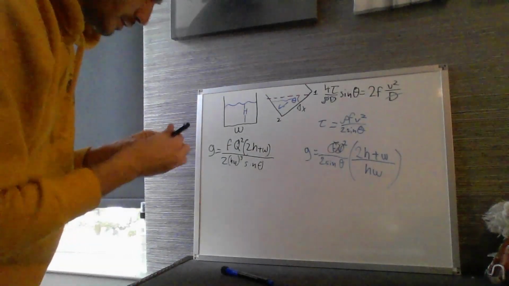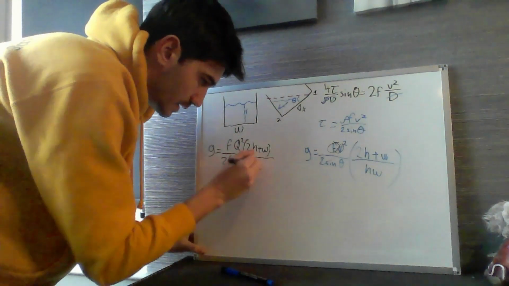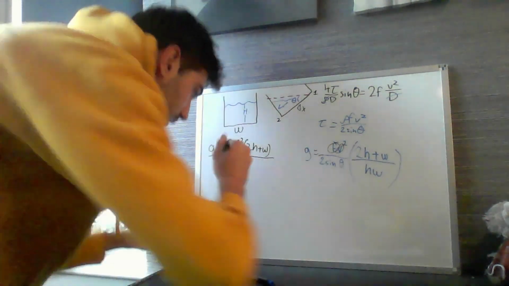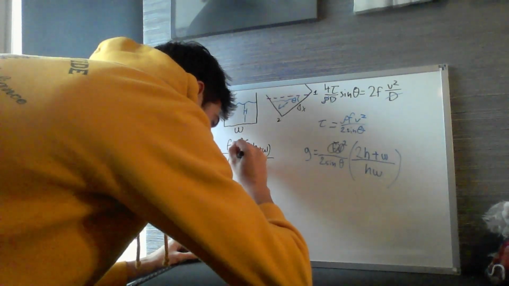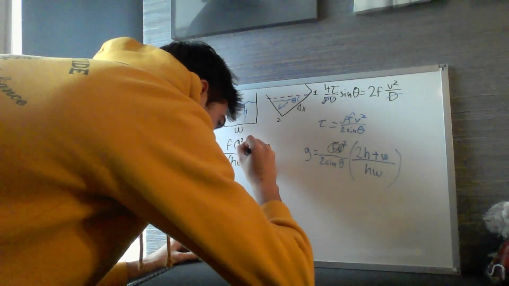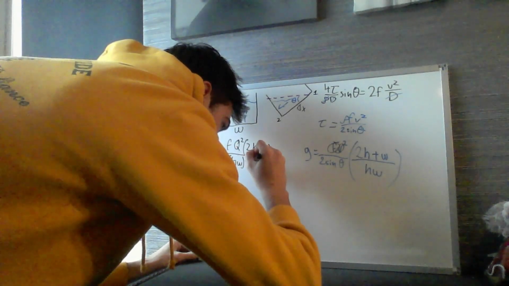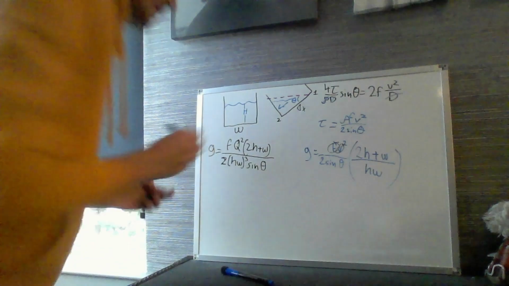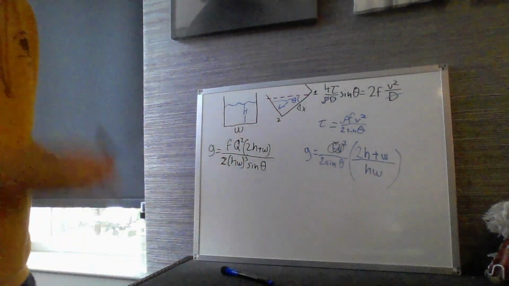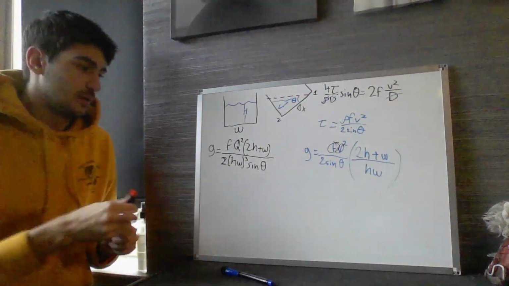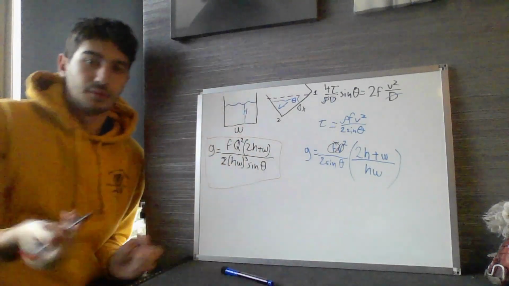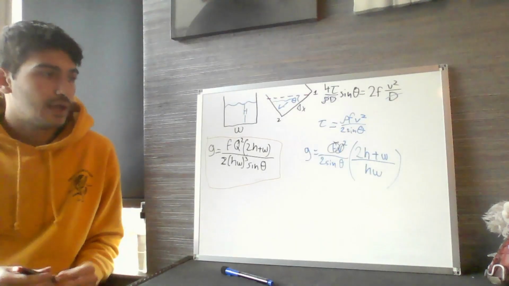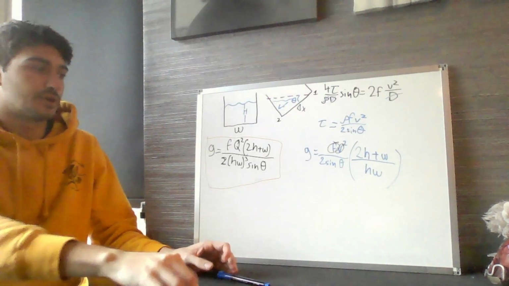Beautiful. All right. I'm going to rewrite this a little bit easier to read. HW is cubed, sine of theta. There we go. There is our expression for G that we will go ahead and plug into our Python code. However, of course, like I said, we are still missing